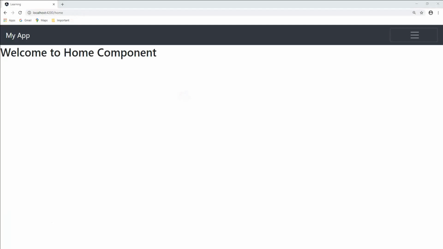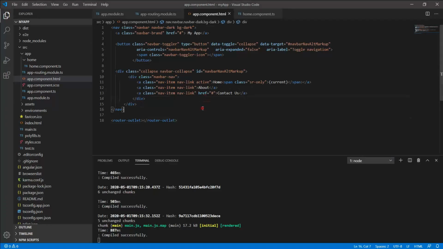So we are able to see our new component if we write home in the URL: it opens the component, welcome to home component. If I remove that, it will use the default component, that is the app.component file. So this is the one I was talking about.